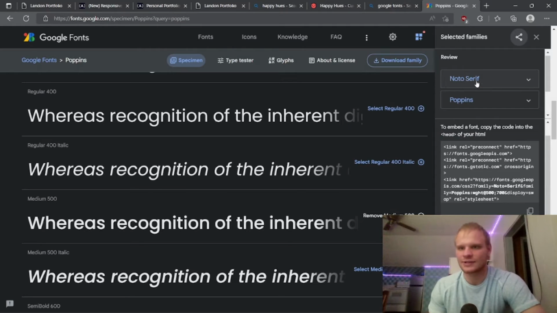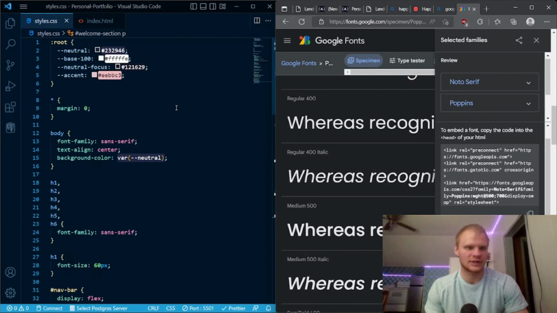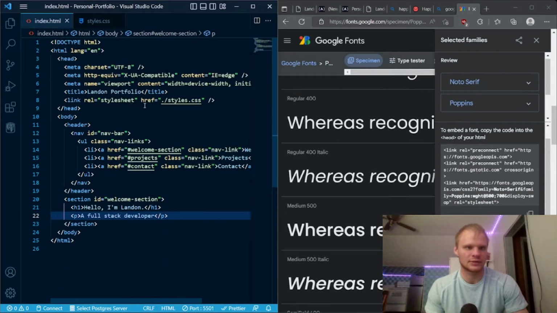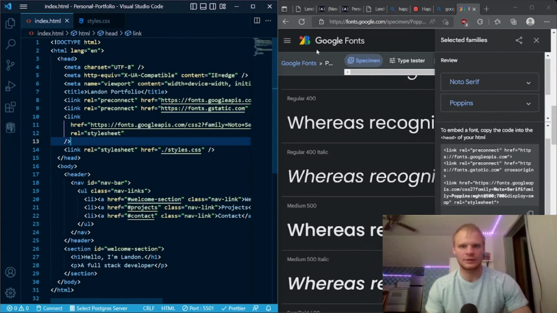All right, so I only need Noto Serif and Poppins, and just grab like 500 and 700 of each, or something like that. Noto Serif, I think you can only grab like 400, something like that. But just copy that once you have them, and then go back into our code and paste that into our head. So we're going to paste it here, save it, and now we should have